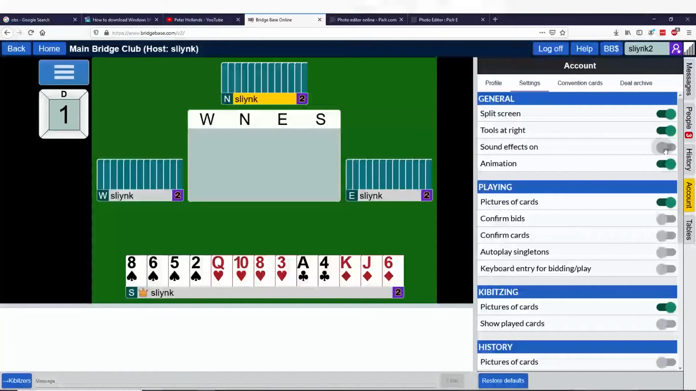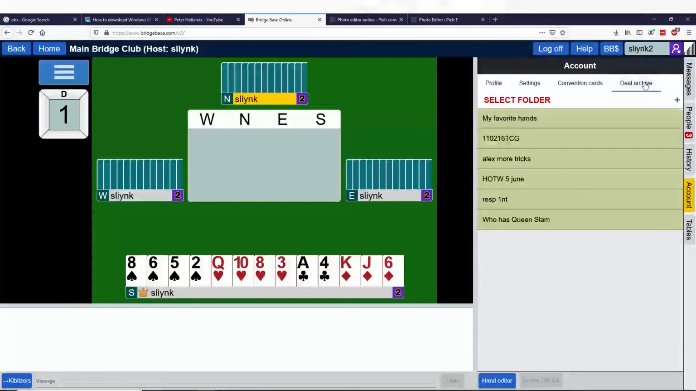The next thing that you might want to be able to do is upload a preset hand. So the way that you can actually add a hand in is also in account. It's got this thing called Deal Archive. So we can click over to Deal Archive, and we can create a new folder, or we can go into a hand editor,